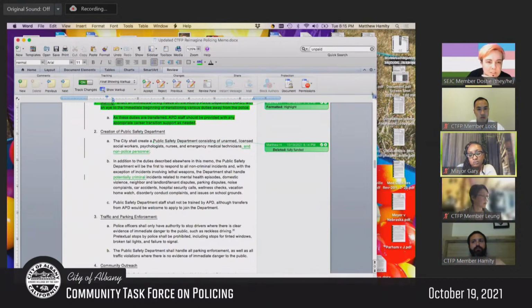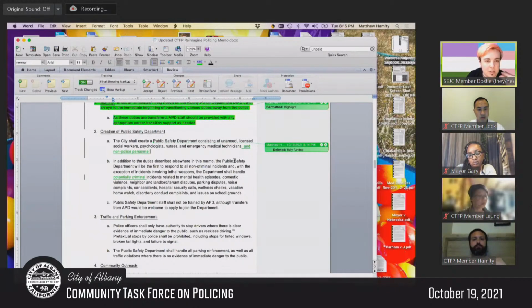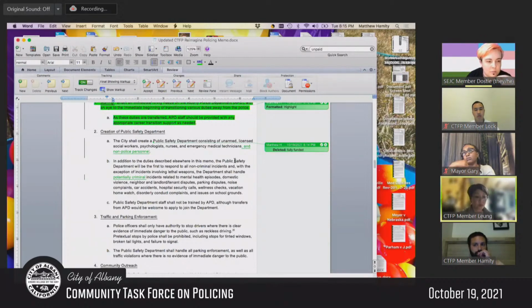I agree with what you said, but I'm not sure how you were proposing it be changed. Could you say that part again? Was it reordering? Or like A would be, the city would create a public safety department whose primary purpose is to be the first responder, with a priority to first responders to